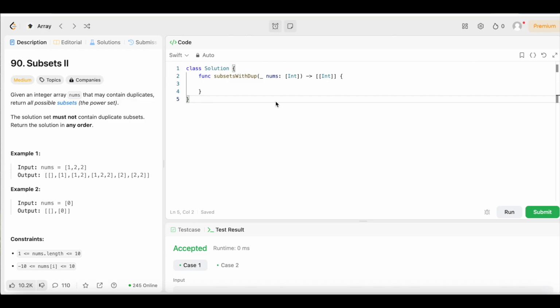All right, y'all, we're back again. Another day, another LeetCode problem where we're doing daily LeetCode problems. And today we have question number 90, Subsets II. The difficulty level is medium, but don't worry because we're going to keep the solution as simple and easy to